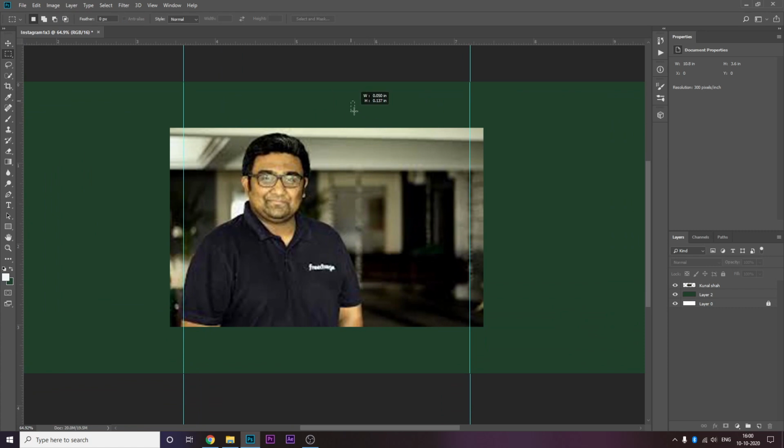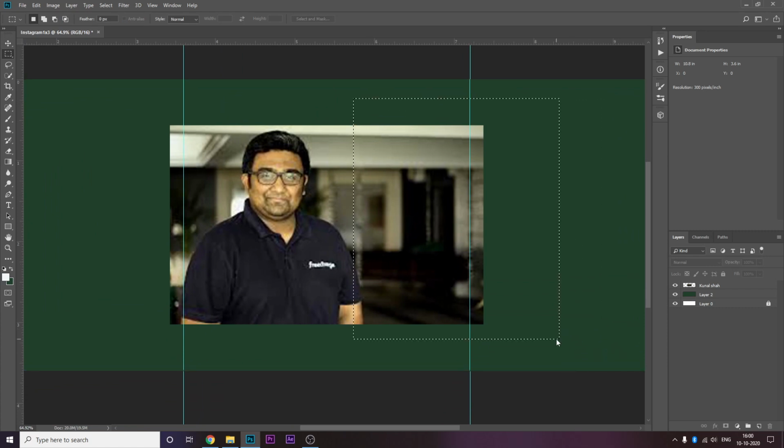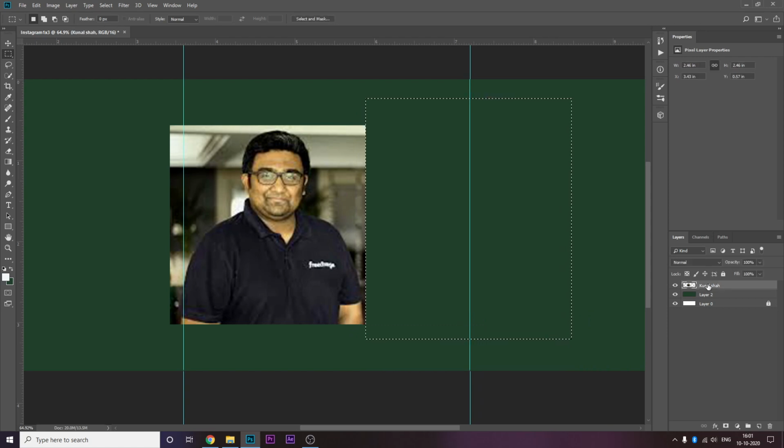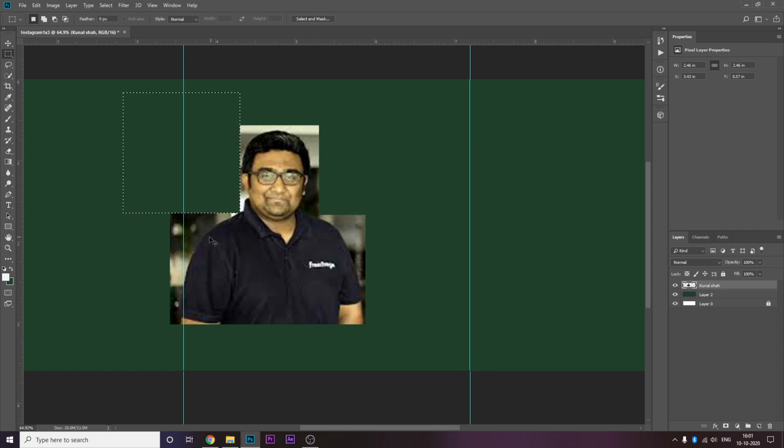Now, if you see carefully, I don't want the background, right? I just go here, I draw a rectangle, and then I press backspace. Oh, I didn't select the layer, backspace. So that went away. I do this here as well, that went away. I do this here as well, I backspace. I draw here, I backspace. I draw it here, I press backspace.